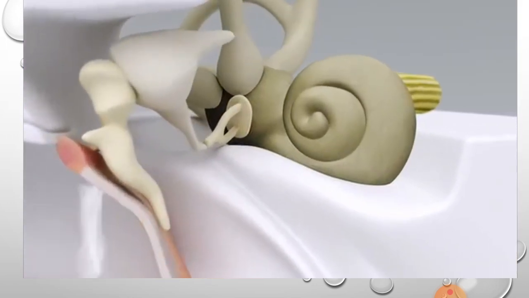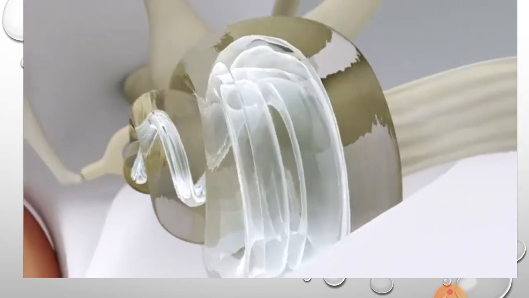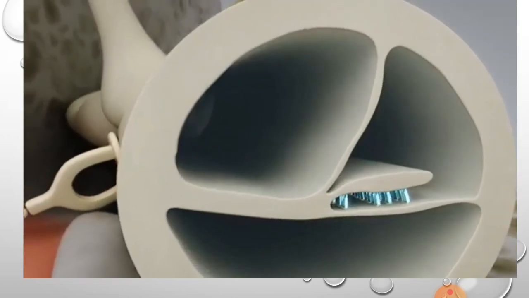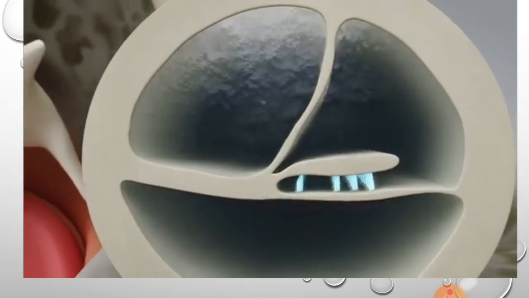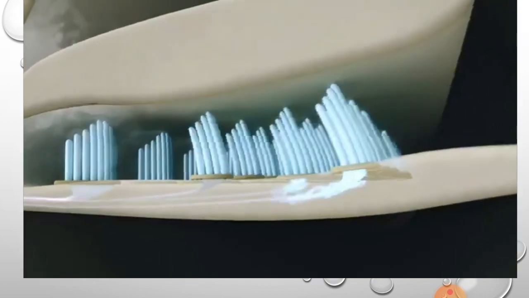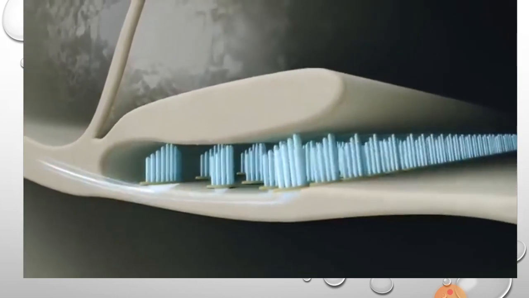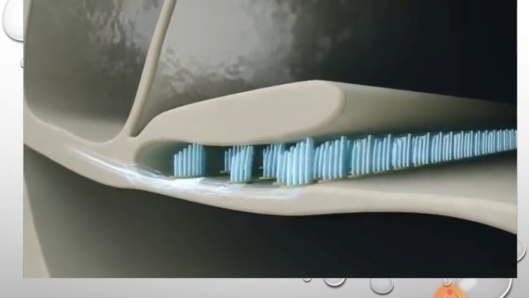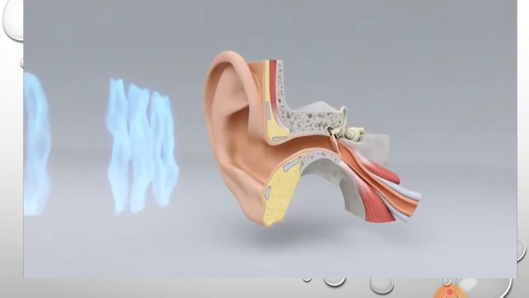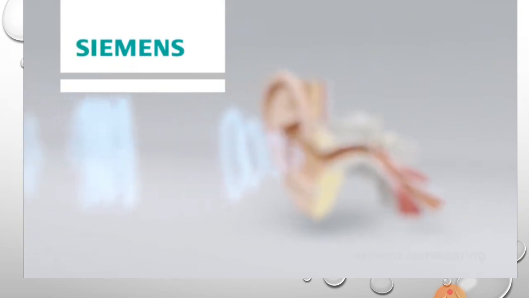This structure that you see is the internal ear, and this shell, the snail's shell, is the cochlea, and inside the cochlea these are the organ of Corti, the hearing receptors, which these blue are cilia in the organ of Corti, and they are vibrating, and the sound is received through the vestibulocochlear nerve. Okay, so I just wanted to show you how the sound waves enter and are transmitted to the internal ear.